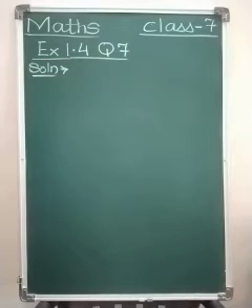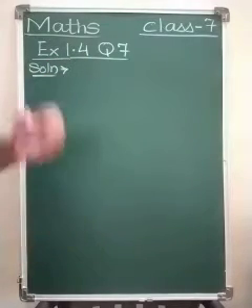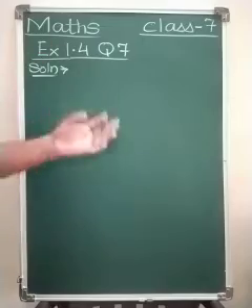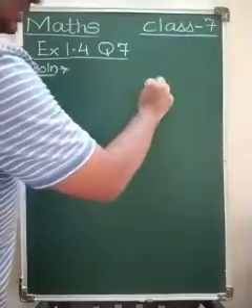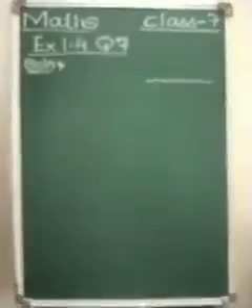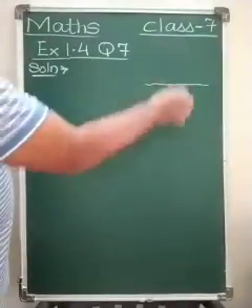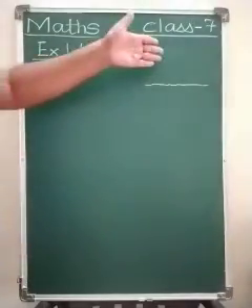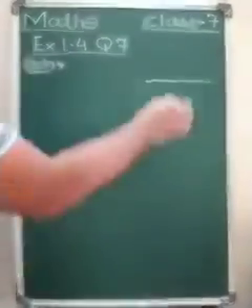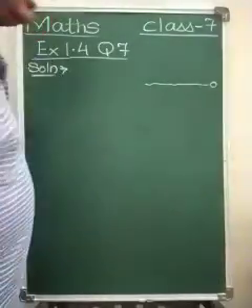Again, a word problem. So we have to see what information is given. But before going to the information, what does the question say? Suppose this is the ground level, and a mine shaft is there. Mine means a coal mine. It may be a diamond mine that is below the ground. So this is ground level, and we can call this 0.